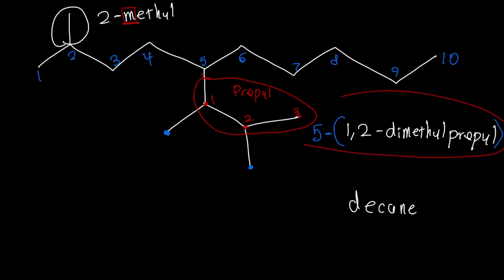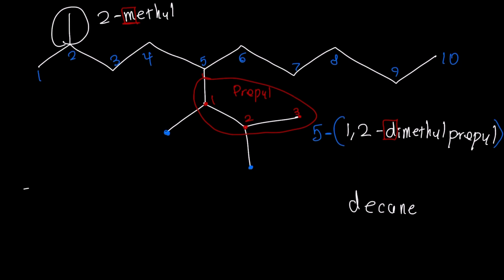For this substituent, it's not really clear. It could be the D, because if we start with D. It could be the M, because that's the methyl. It could be the P, because that's the name of the main chain on our substituent. So which letter do we go with? We're actually going to go with the D. So when you have these complex substituents, you're always going to go with the first letter of the substituent. So since we know that D comes before M in the alphabet, we're going to use that first when we